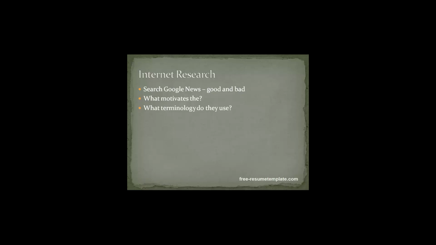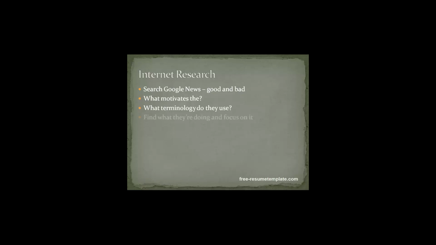What do they call your position? If you're an educator in your little circle of terminology, but they call it a trainer, or they call it a workshop leader, or whatever they call it, find out what they use, because that's what you want to use on your resume when you submit it.